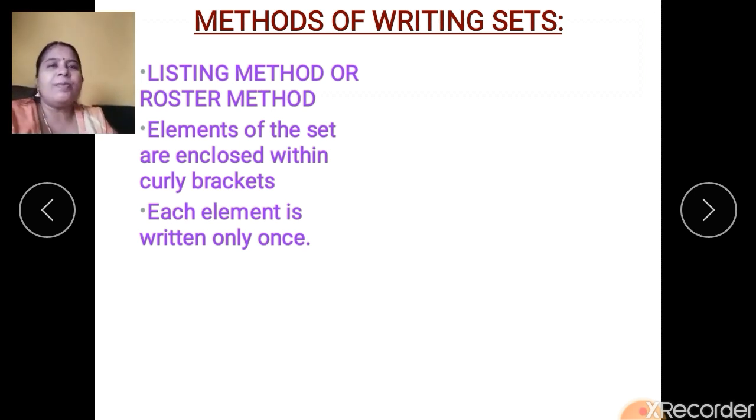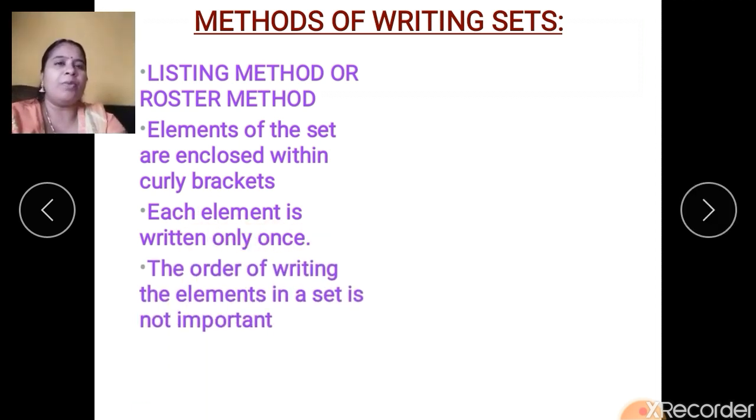Now what is this? Suppose I tell you A is a set of letters in the word madam. Correct? Now what will you do first? You will first write a set A, right? And collect the elements. Now the word madam has how many alphabets? M, A, D, A, M, in which A and M are getting repeated. So this is what you need to understand: you don't have to repeat the letters. Each element is to be written only once. So when I want to write this set, I will write M, comma, A, comma, D. I will not repeat A and M again. This is the meaning of each element being written only once.